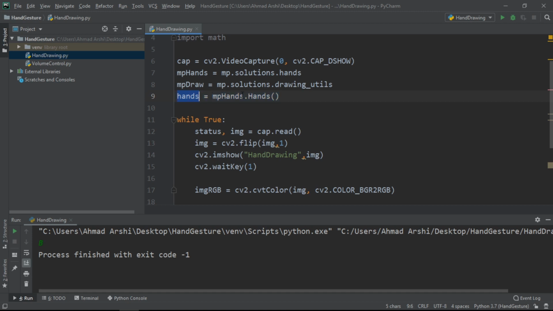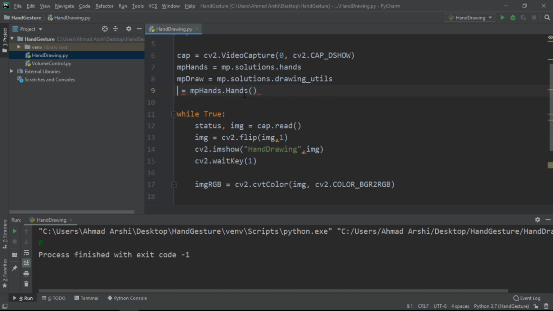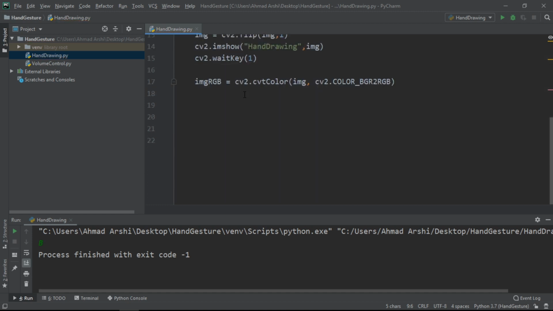So hands equals MP hands dot hands, and then let's use these hands to take this image RGB and detect the hands inside this image. So we will go for hands dot process, and inside this process we will provide the image RGB, and then let's save this inside the variable results equals to this thing.